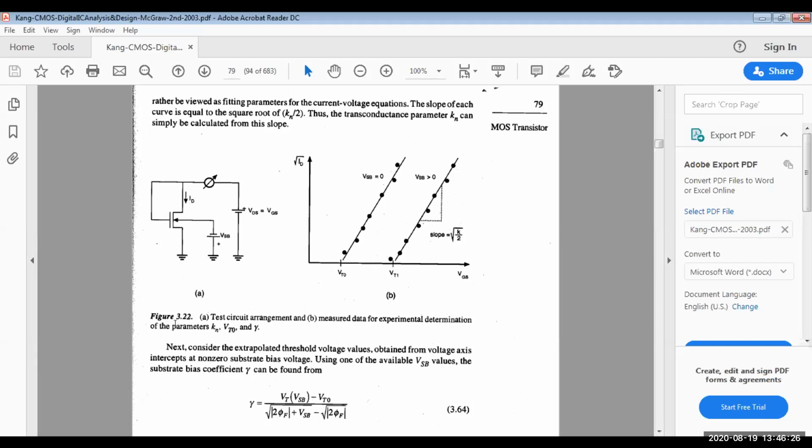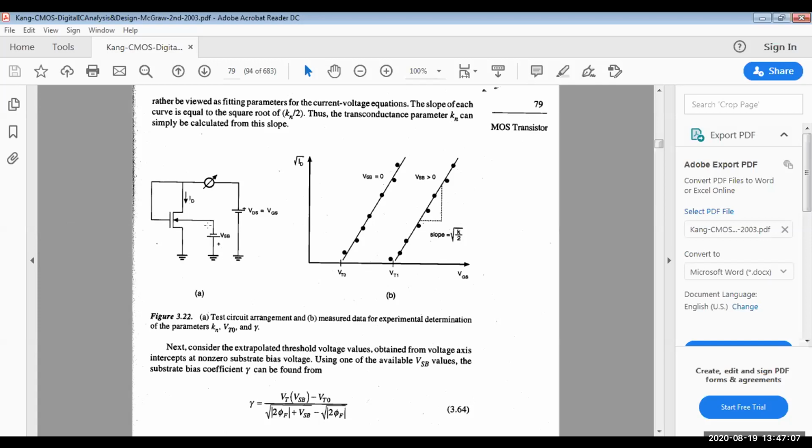And this is the circuit setup which we will be using for this plot. You can see the gate terminal is connected to the VGS voltage, and the drain terminal is also connected to it, so VDS will be equal to VGS. That means this will be in saturation. How do we know that condition? During saturation, VDS is greater than VGS minus VT. So when we make VDS and VGS equal, it will always be in saturation. So this circuit is actually in saturation.